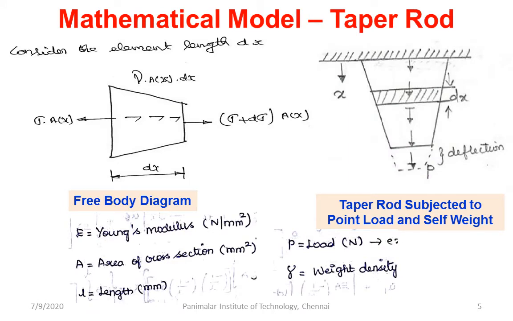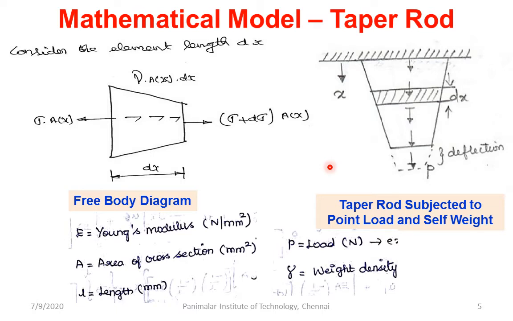Now we will take the example of the taper rod problem. How do we convert this taper rod problem into a mathematical model? To convert an engineering problem into a mathematical model, first we have to use the equilibrium equation, then we have to use the constitutive equation. By using these two sets of equations, we are able to convert the physical problem into a mathematical model. So for structural problems like this, first we use the force equilibrium equation, then we use the constitutive equation.